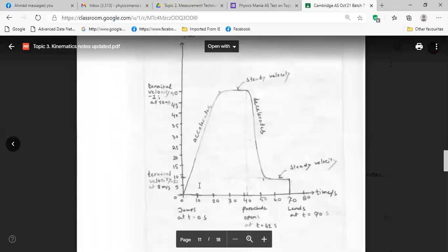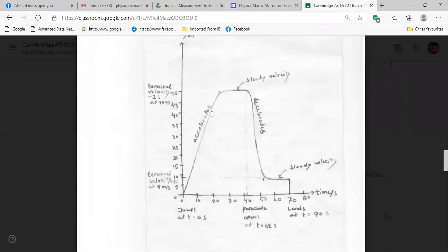So with time, at first the parachutist doesn't open the parachute, just falling, and we have constant acceleration. You see, we have here constant acceleration, and after some time its acceleration decreases and the resultant force is 0. Then it comes to constant velocity, steady velocity. The parachute has not opened yet at that time,